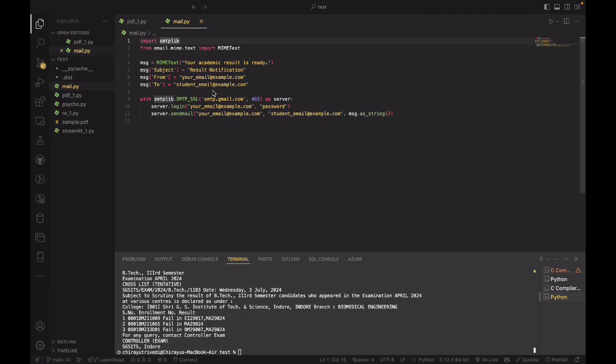Here, "your academic result is ready" is written through the message text. After this, the message subject, MSG subject, "result notification" will be shown, and from where we are going to send it, we will write the email here. To whom we are going to send this email, their email address will be written over here. Like if I am sending a mail to a student, that's why I have written student-email at example.com, and I am sending it with SMTP lib, SMTP